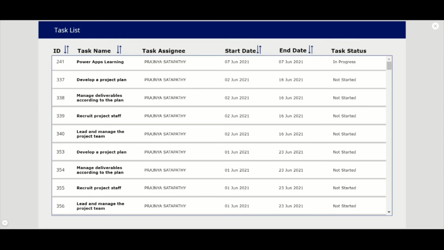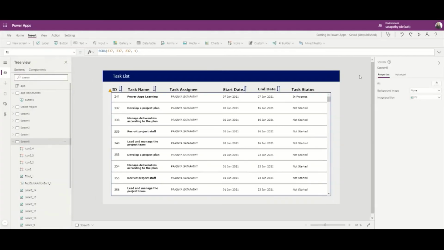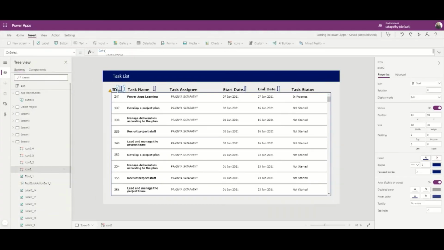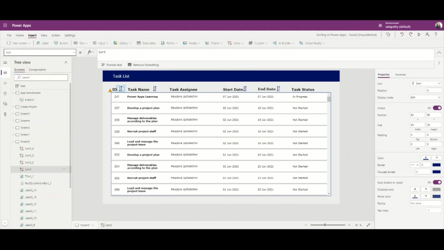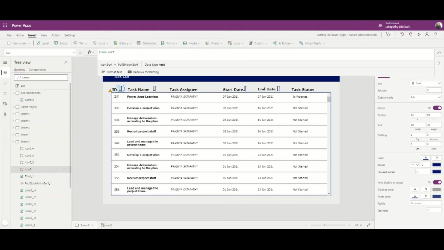The sorting is working dynamically, but now we can give the user a better experience to know which column is sorted and what the sort order is. For this, let's check the Icon property of the sort icon. So here it is Icon.Sort.